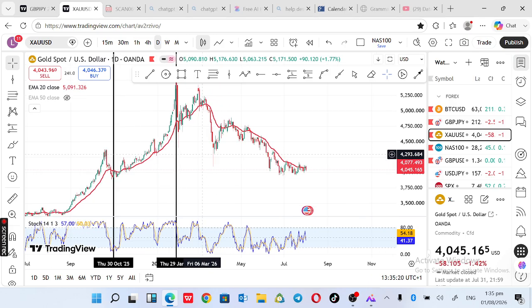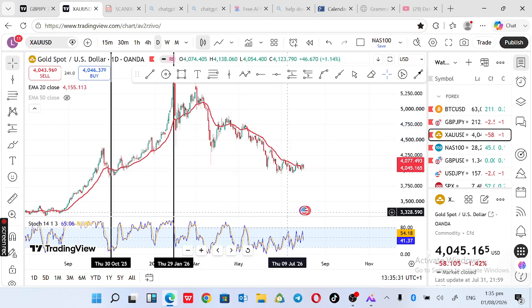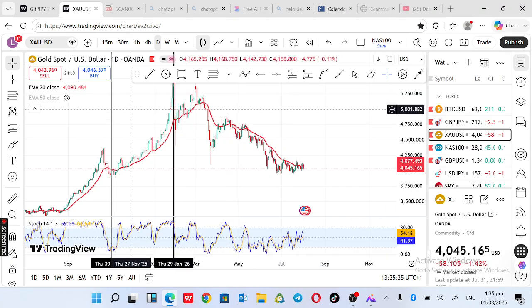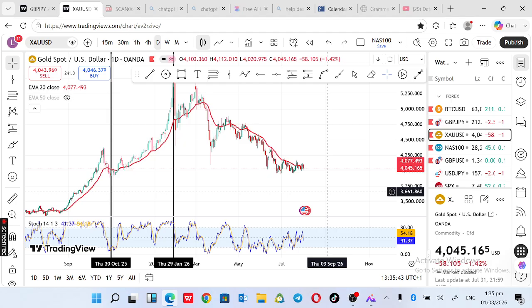So when you use your 20, you find out that the 20 follows the direction. So you must always trade: if your market is below, you are looking for a sell, using your stochastics to confirm. If your moving average is below, that means you are looking for a buy, sorry. And when it's above, you are looking for a sell. So you compare both the stochastic and your moving average to be sure that you are having a very good